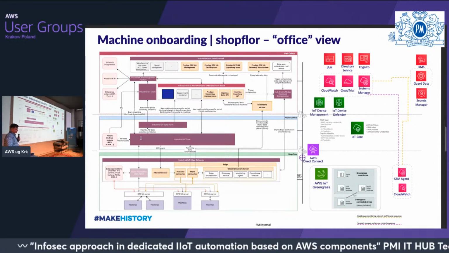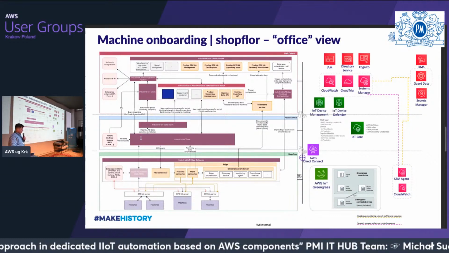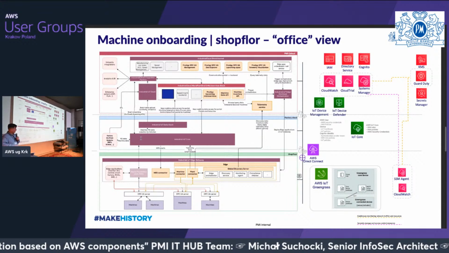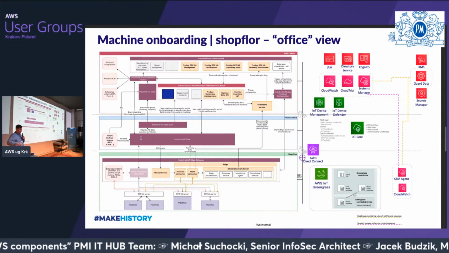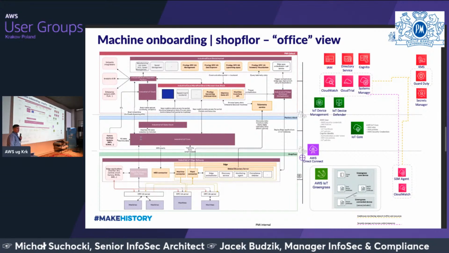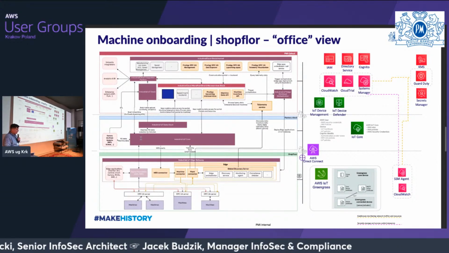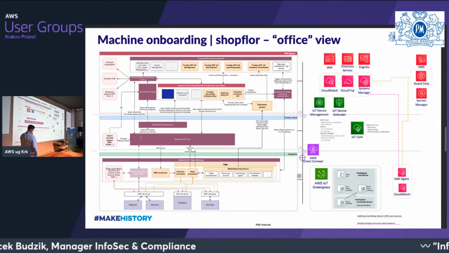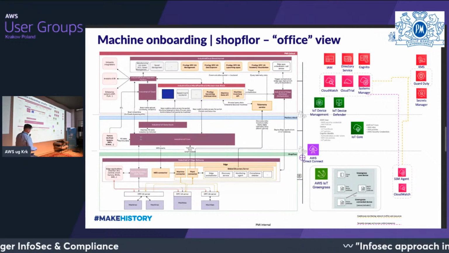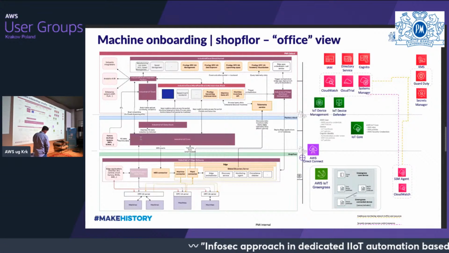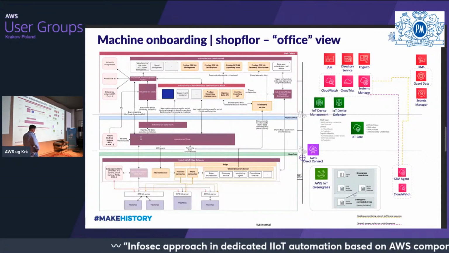This is quite important. What is important during the configuration, because it's like a private network, is that by default it is not secure, so we also need to take care of proper encryption setup. So we secure our pipe. We have the Greengrass. We have additional components which are monitoring our devices. Then we have IoT Core.